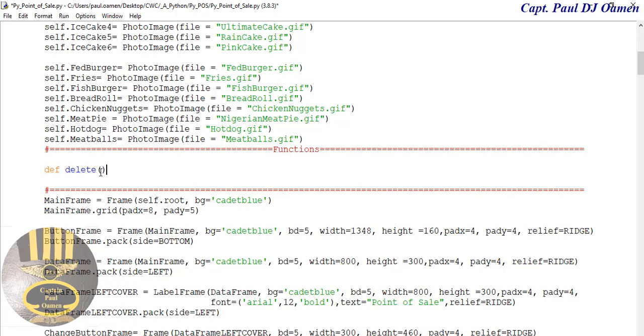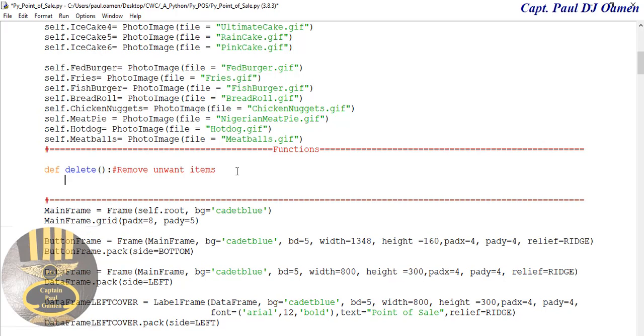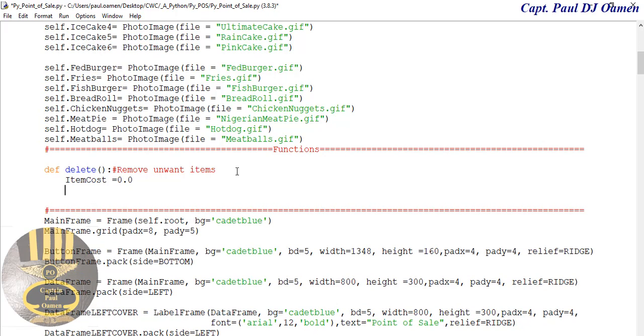So I can enter a comment here, remove unwanted items. Yeah, alright. Okay then, come right down here. Now the very first thing is I'm going to declare the following, and that is going to be equals 0.0. Okay, item cost is 0.0. Now the tax equals 2.5,